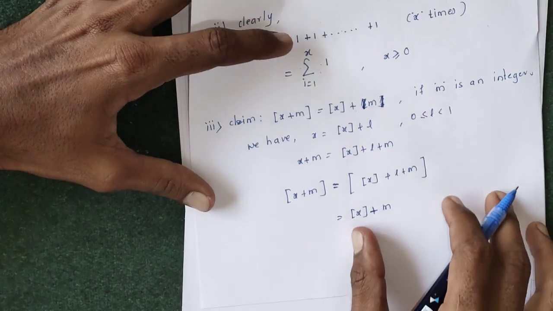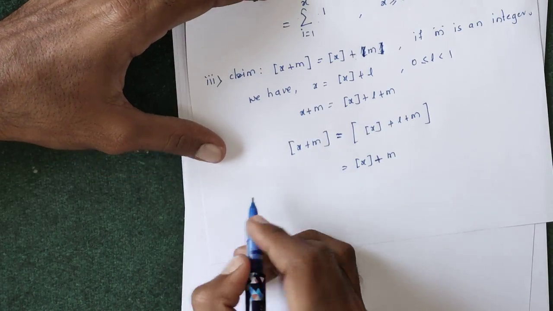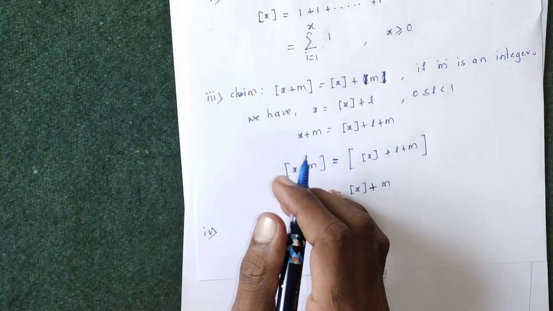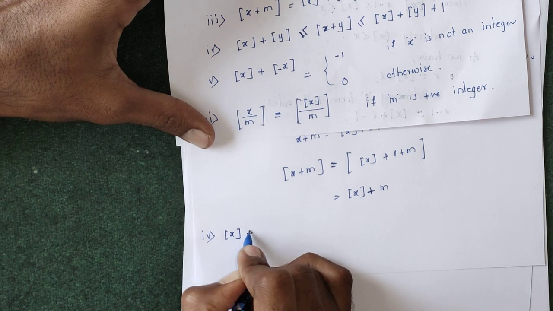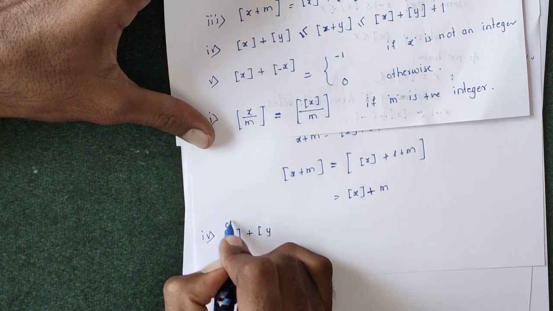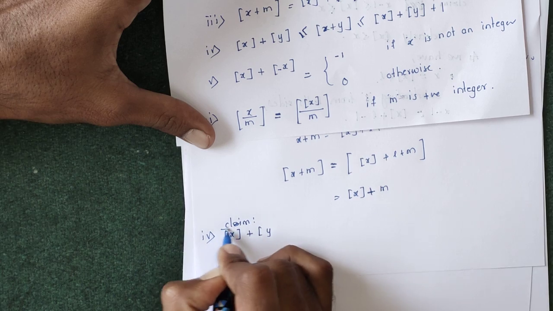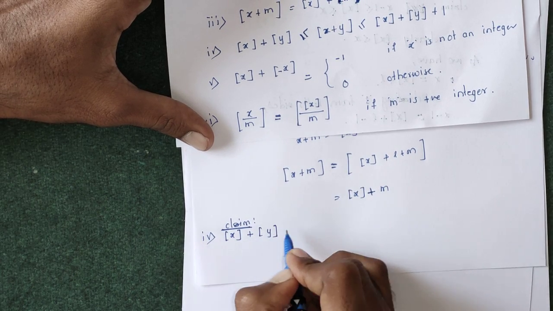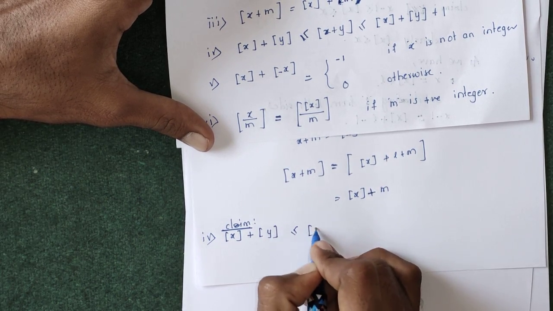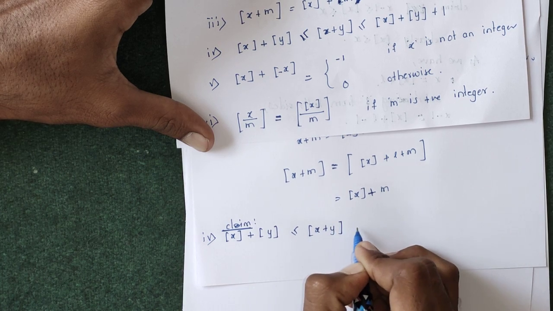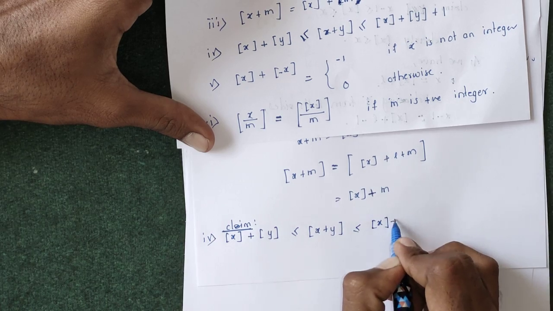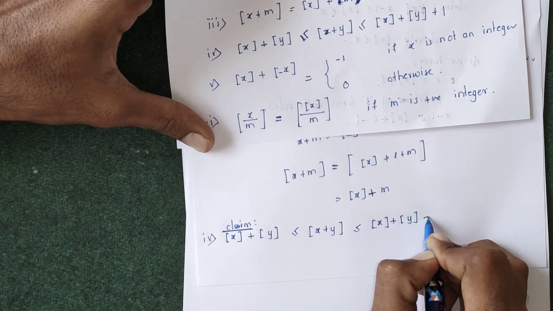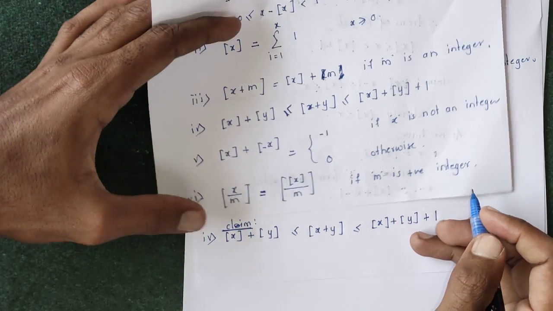Now the fourth property, that is the fourth claim, is integral part of x plus integral part of y. This is the fourth claim. Integral part of x plus integral part of y is less than or equal to integral part of x plus y, which is less than or equal to integral part of x plus integral part of y plus 1. To prove this claim,